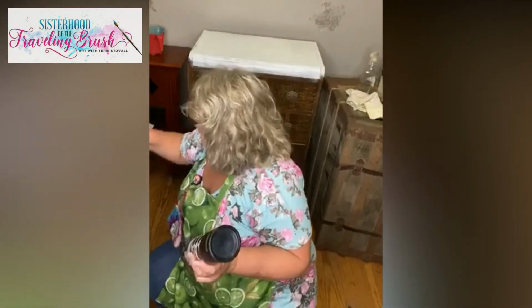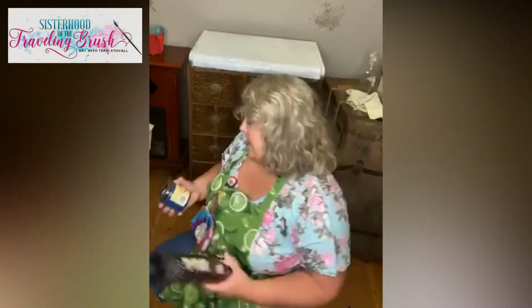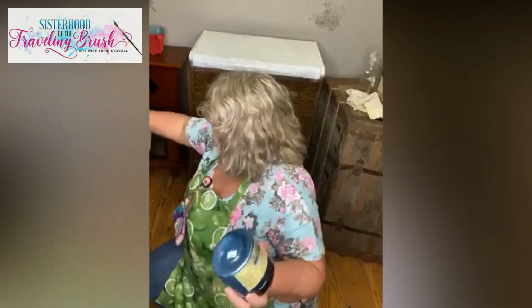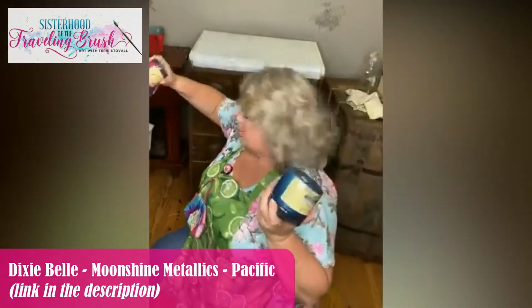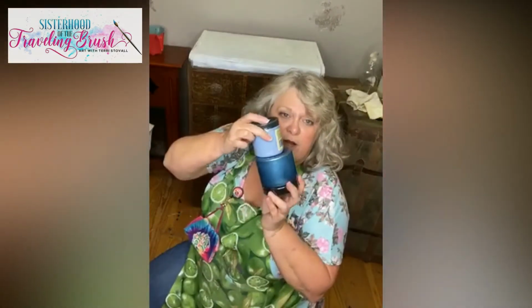So we have Blueberry, Aubergine, Plum Crazy, and then I was trying to decide whether I wanted to do a metallic on there, and this metallic is called Pacific, and it looked so great with these, but I didn't want the piece to be too dark. So, well, I'll go back to the Blueberry, but you really need a